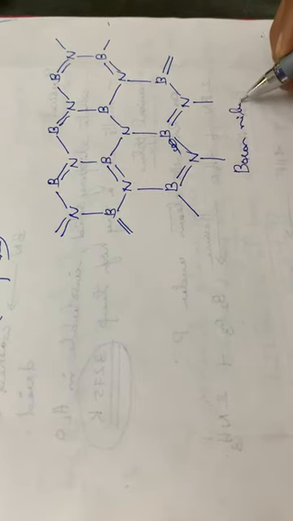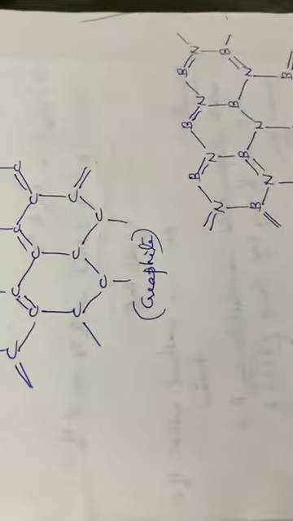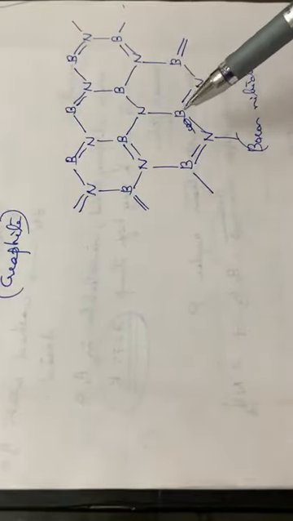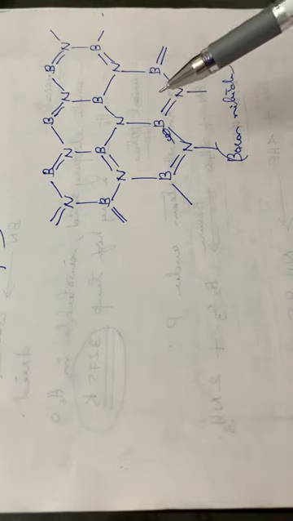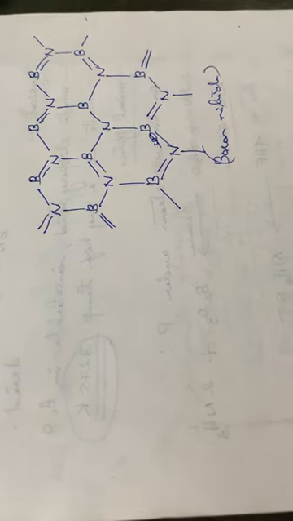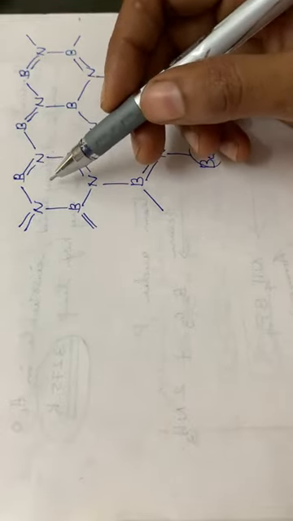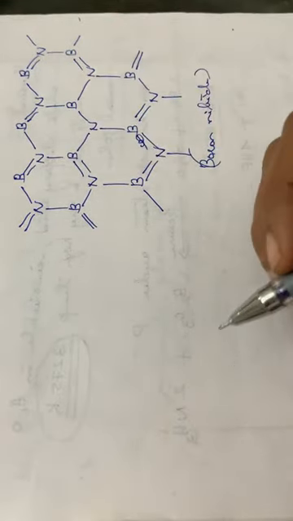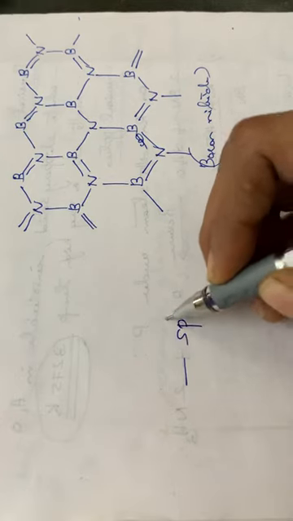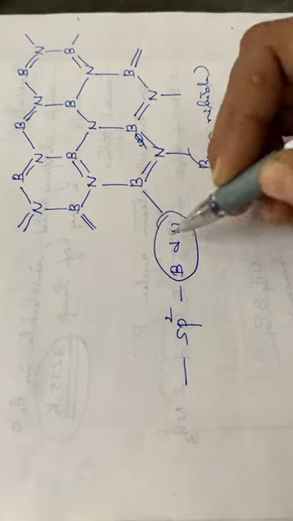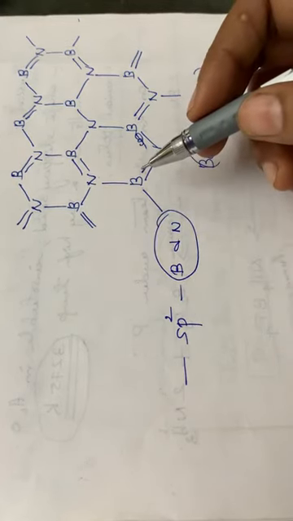See, this structure is very similar to that of graphite, isn't it? Graphite has only carbon atoms, but in the case of boron nitride, it will be having alternate boron as well as nitrogen atoms. And also, see here, all are BN bonds, boron-nitrogen bonds. These BN bonds are formed by the overlapping of the sp2 hybrid orbitals of boron and nitrogen atoms. So here sp2 hybridization is there.